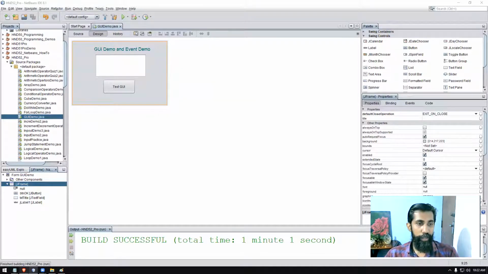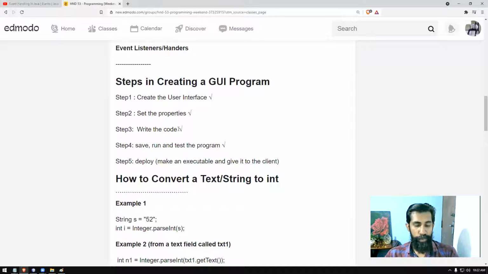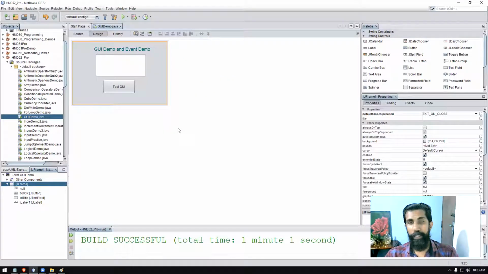So step 3 we're going to do is write the code. The GUI will work now after we write the code in. So there we can use the programming knowledge. Anyway, we are going to practice first, then we can create a useful program. In order to write the code, you can write it different ways. I prefer doing it the proper way. I'm going to code for the button. When the mouse pointer comes over, we will change the background color of this one to green color, right?